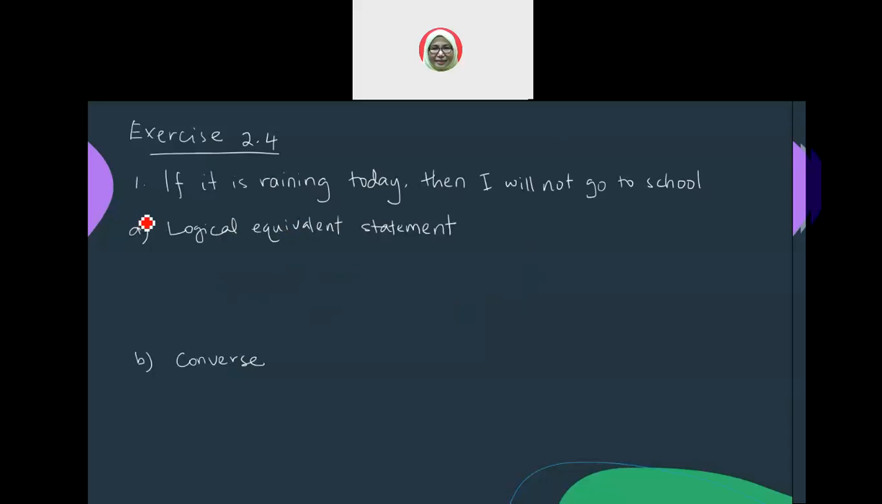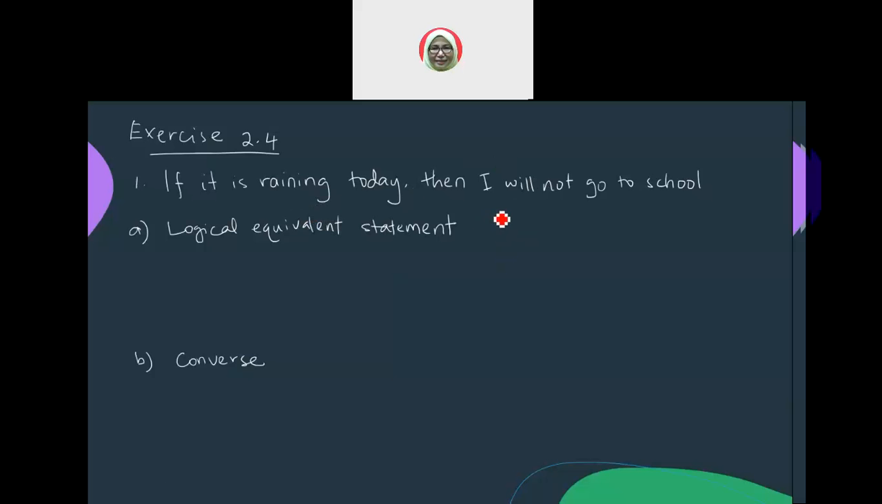Question number 1: if it is raining today, then I will not go to school. Okay, this question is to find logical equivalence statement. So the given statement is a conditional statement. For a conditional statement, the only statement that is equivalent to it is its contrapositive. So before we get the contrapositive, let's define